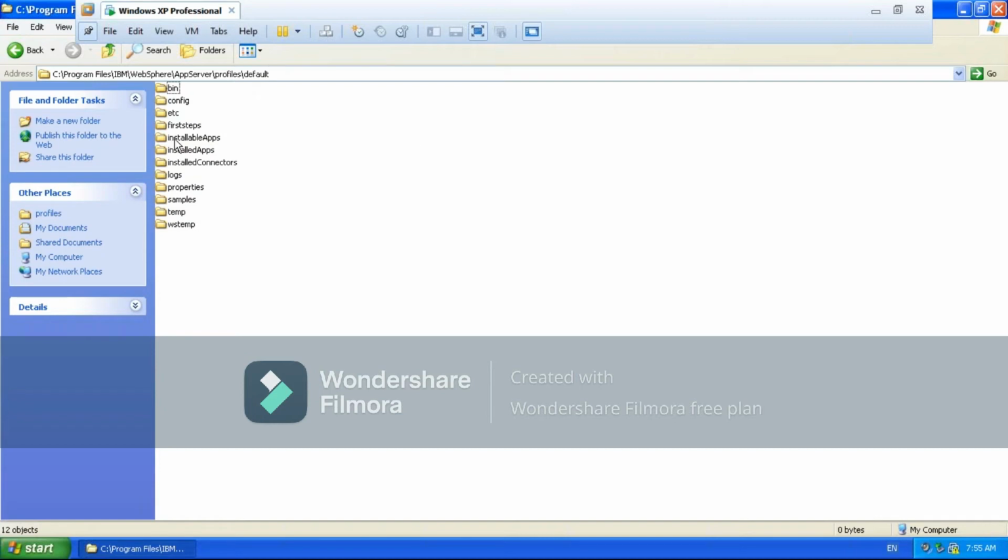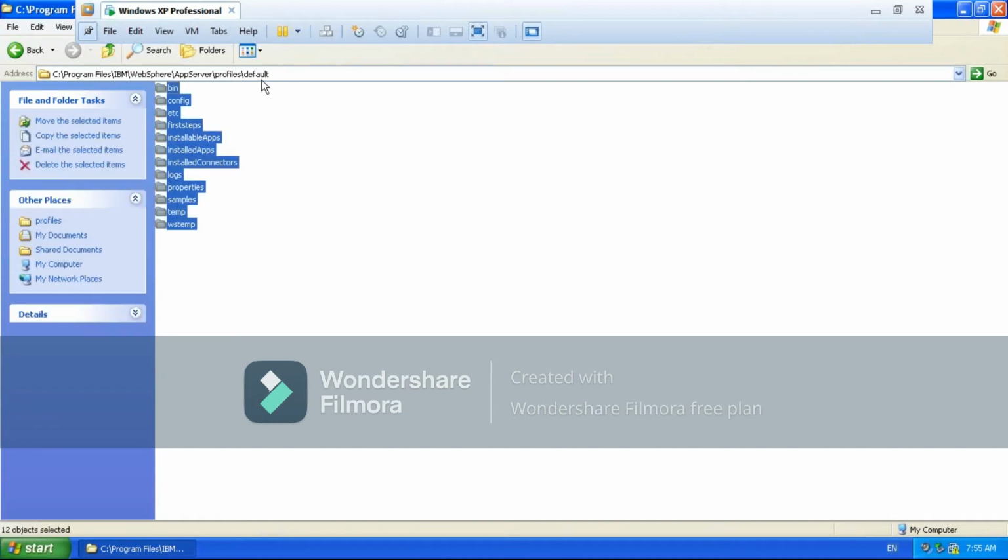So what will be there in this default profile home? Whatever the profile name is, default, right? In this default profile home, the profile is created as 3 layers. I said 3 layers, right? It is created as a cell; inside that cell level configuration files, inside that node level configuration files, and inside that server level configuration files. Getting my point, right? So by using the product binaries of the WAS home, we are going to create a profile. Here, as the product binaries are base product binaries, we can create only one type of profile.